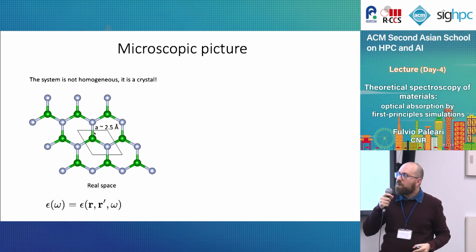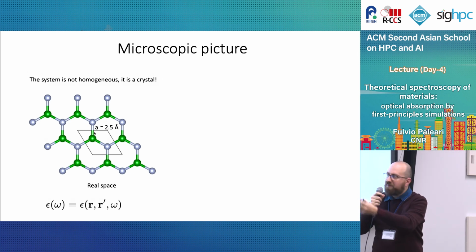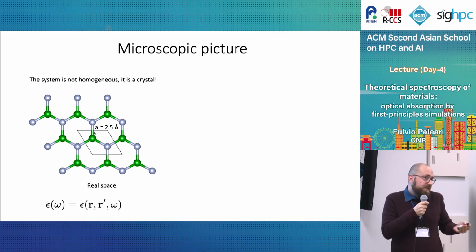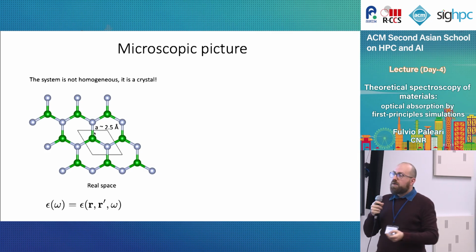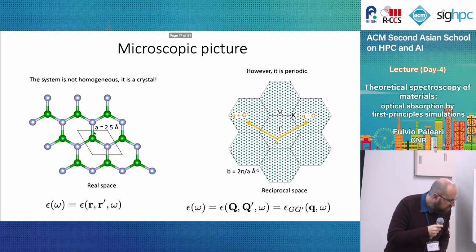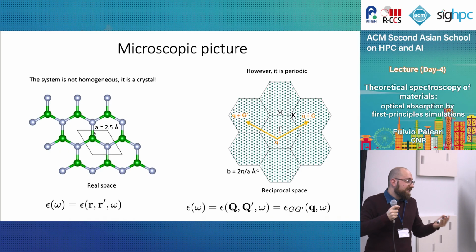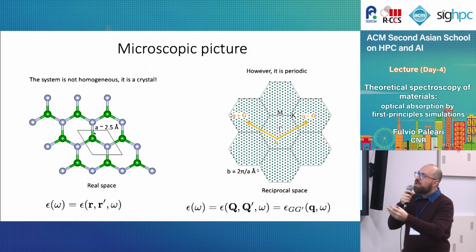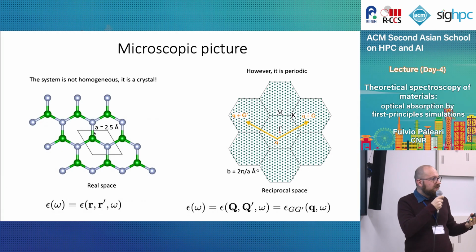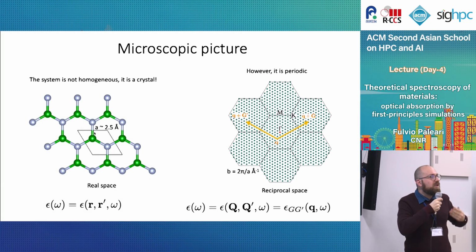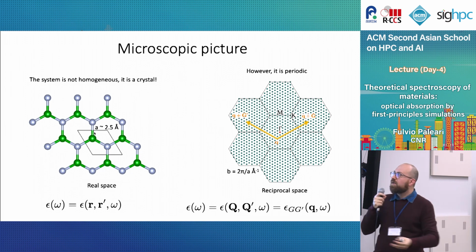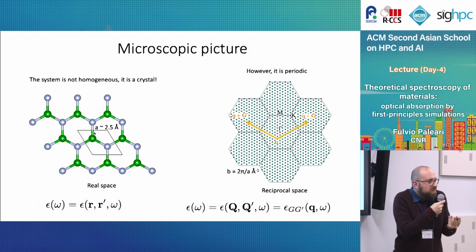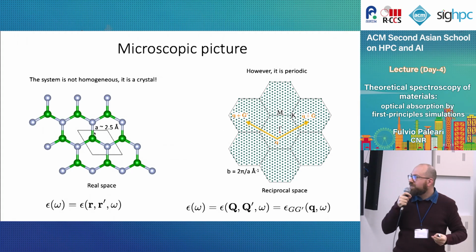This is called monolayer boron nitride. It's very similar to graphene. As you can see, you just have two different atoms. Since it is periodic, we can take a Fourier transform, of course. And this is what we do, and we go from real space to reciprocal space. And also in reciprocal space, we have a unit cell, which is different, and which is repeated forever. And then we sample this unit cell with wave vector points. These are the grids where we calculate stuff. Our functions are defined over these grids, and the denser the grid, the more accurate will be our final calculation of the function.